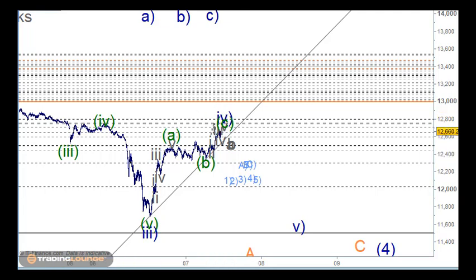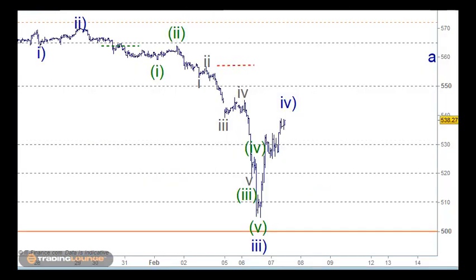This is the same for the other markets as well. So when we look at the Netherlands here, it's the same point, in that we're looking for the wave 4 to pull back up into this space here. We'll just follow the DAX basically, but it should finish in here as well. So we've got 1 and 2 and 3 and 4 and 5 coming up into this space here, and then folding back down from that point there. So if the 550 becomes support, well then we know that we're on the wrong track at that particular stage.